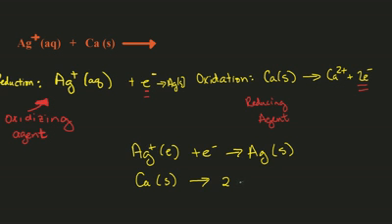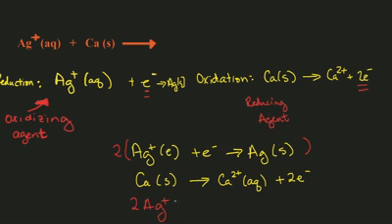And the way we balance the equations in this case is we have to multiply the top equation by 2. The reason being, the electrons have to contain the same coefficient. Otherwise, they will not cancel when you add these two equations. So what you do is you multiply this whole equation by 2. And when you do so, you get